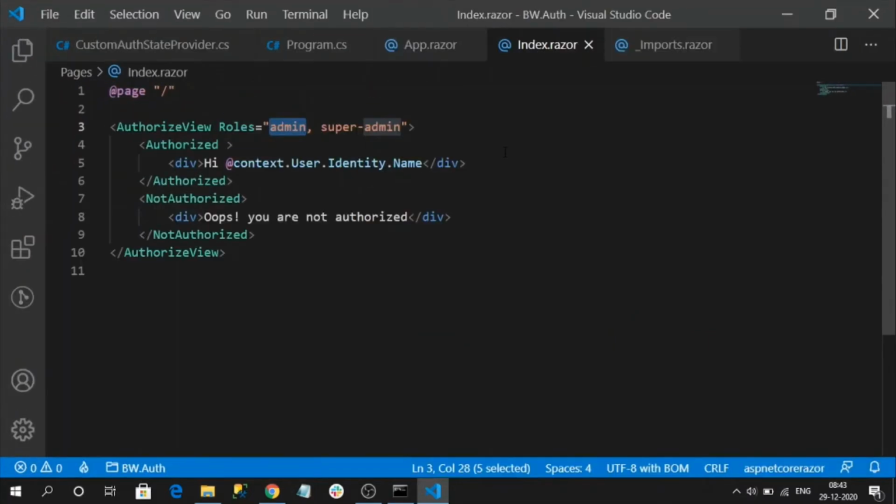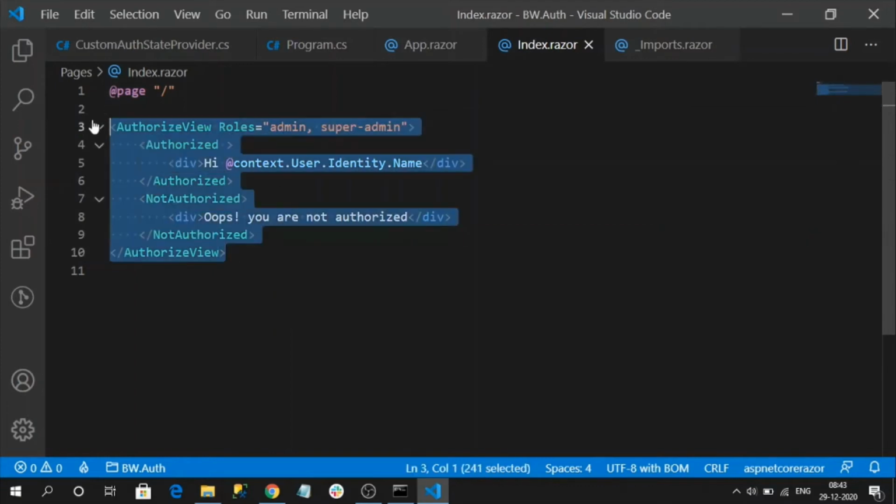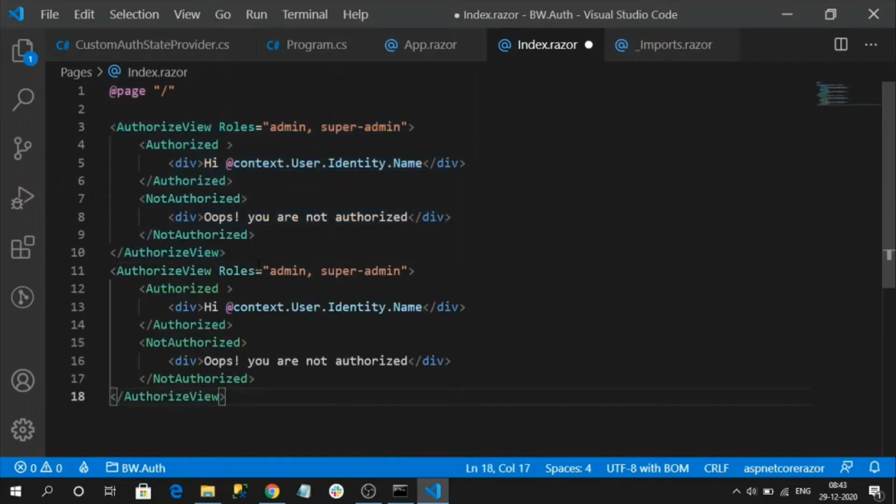You zoom in. We can also have multiple roles separated by comma on the roles property. Now this is one method, and you can have multiple authorized views in a page. So using this, what we can do,